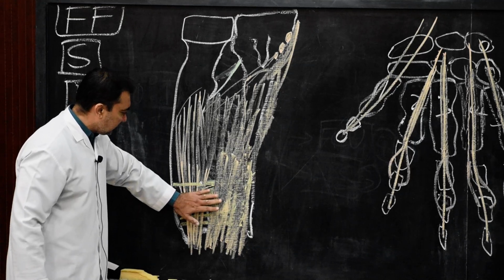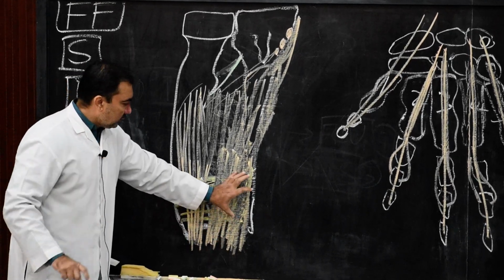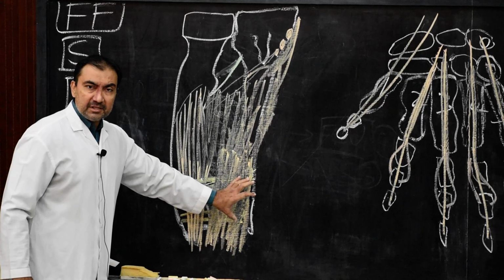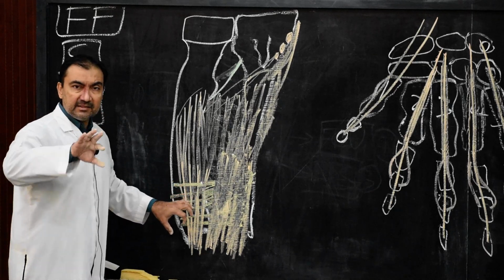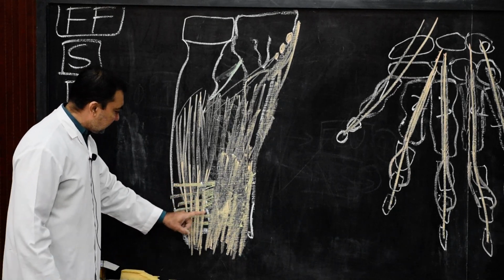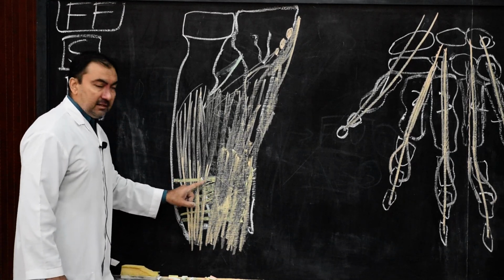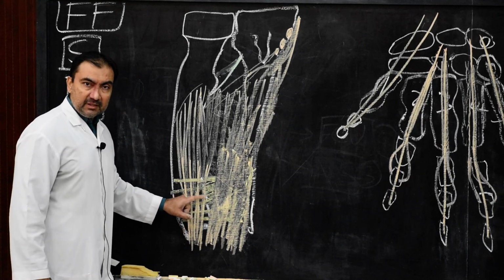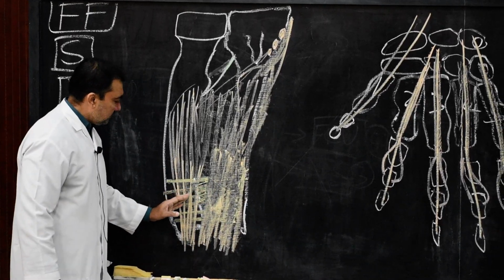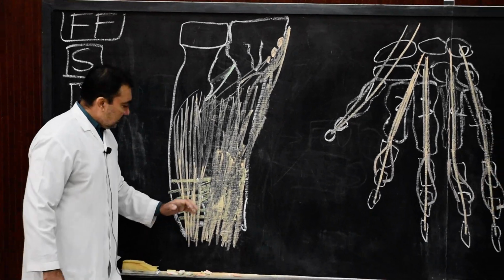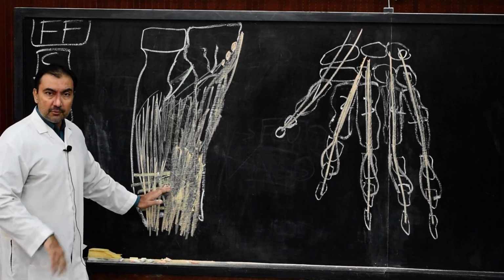Once again, this pronator quadratus muscle takes origin from the ridge on the anteromedial margin of the lower 1/4 of the ulna. The fibers are directed towards the radial side transversely, and they are inserted in two groups, superficial and deep. Superficial will be inserted on the lower 1/4 of the anterior surface of the radius, and the deep will be inserted on the triangular area just above the ulnar notch on the radius. As it is the deepest muscle beneath flexor pollicis longus and flexor digitorum profundus, it will be supplied by the anterior interosseous branch of the median nerve.